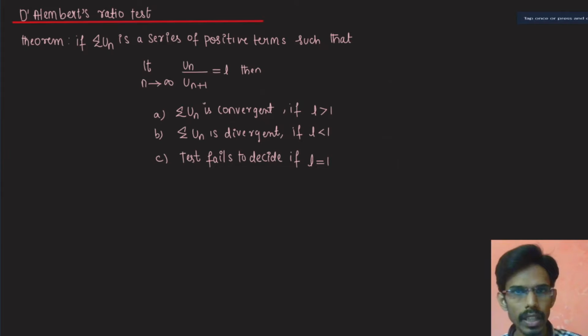So the important condition that we have to check to decide whether the given series is convergent or divergent is this condition. We have to find the limit of this ratio un by un plus 1. This will decide the nature of the series, whether it is converging or diverging. We see some questions based on this concept.